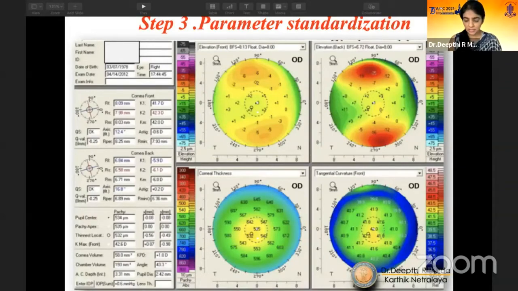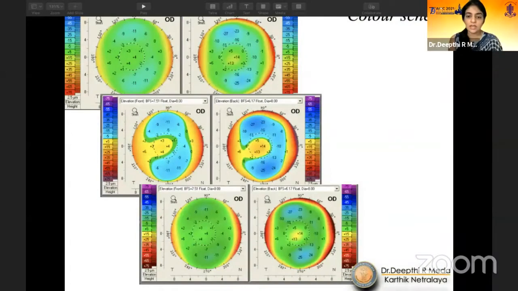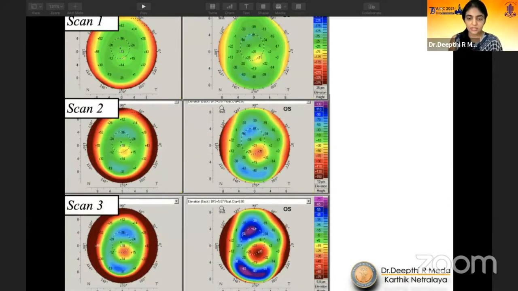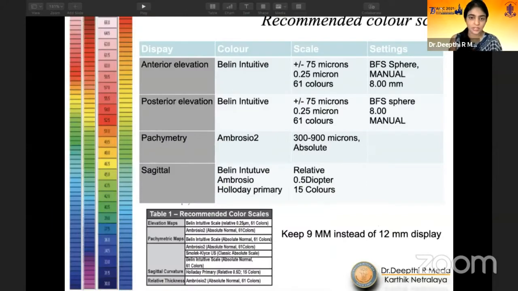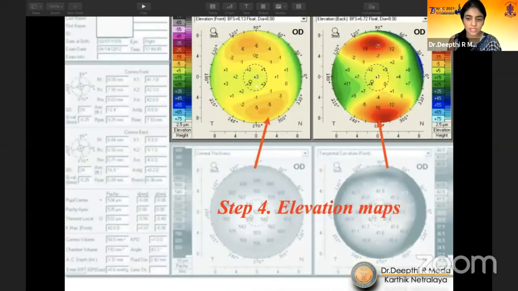Parameter standardization is a huge topic in itself, but I will give you two examples. Now, these are three elevation maps of the same patient. The only difference is that I've made them in different color scales. It may look like mild, moderate, severe keratoconus, but actually it's the same patient's cone, with different steps. So I always make sure your steps are arranged so that your mind and brain pick it up well, make sure your steps are uniform, and your technician always gives a print with the same values. There are a lot of recommendations. This is by Professor Belin, and you can mildly tweak it and see how you want your scans to appear.